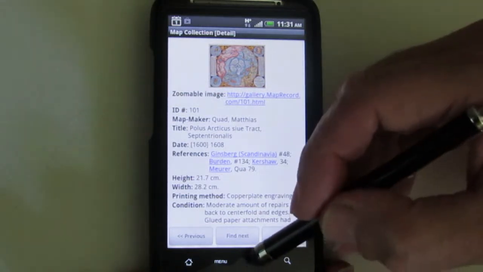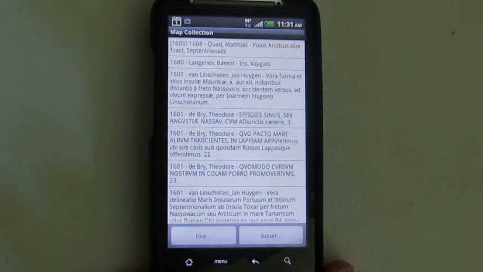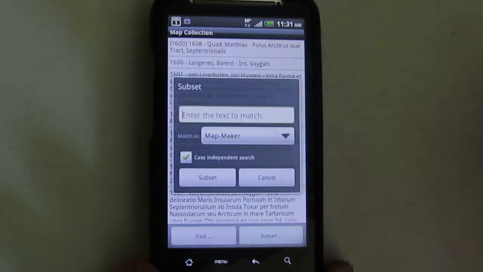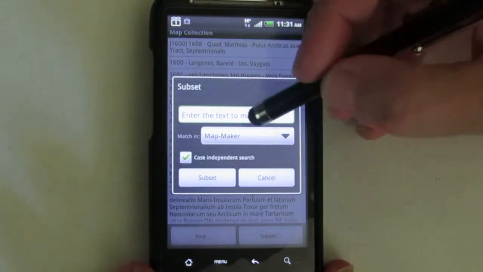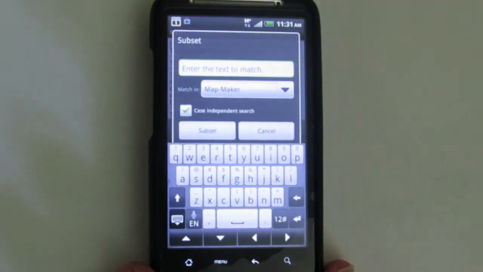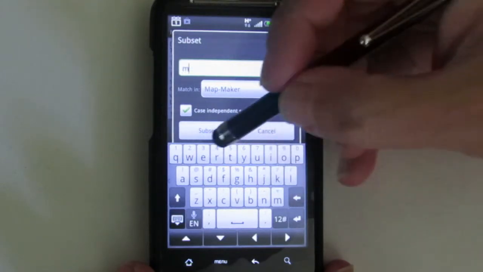Returning to the list, you'll see also a subset button. Subsetting is very much like searching in that it finds all the records that meet some search criterion, but instead of finding them one at a time, it reduces the entire list to be just those records that meet whatever the search criterion is. So let's try that out. Let's also search for records with Mercator in them, but this time let's make it be maps that were actually made by Mercator. So I'll type